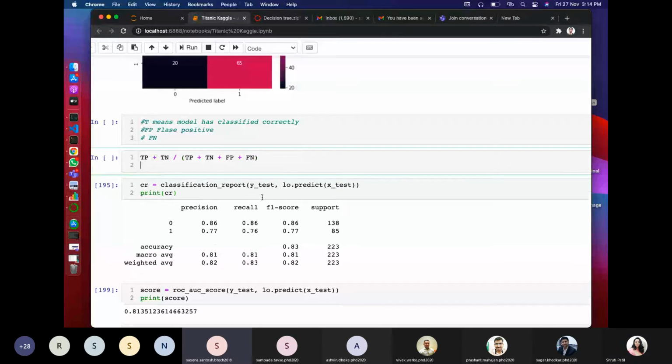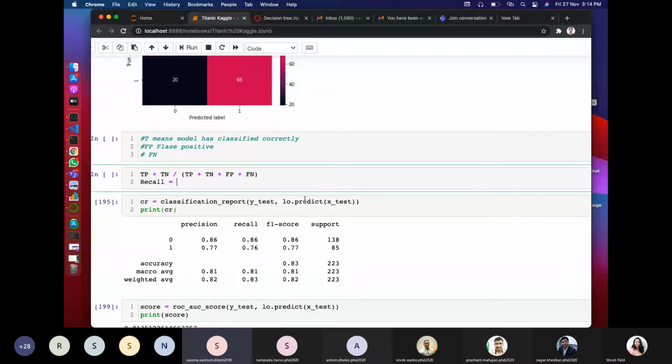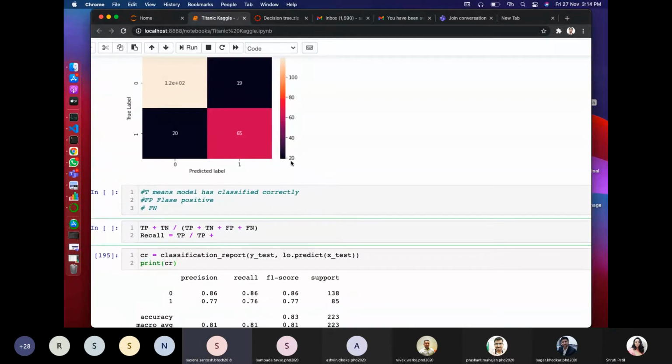So let us discuss recall. What are the actual true cases available? With respect to that, we are trying to calculate: true positive divided by... Now, what is the machine doing? These values are actually positive, but our machine has classified them wrong.